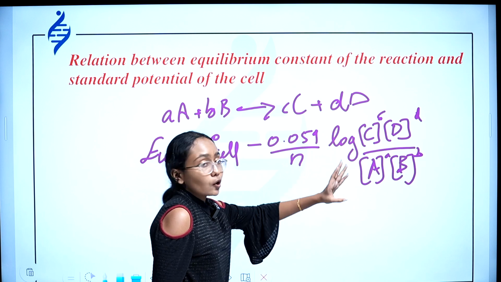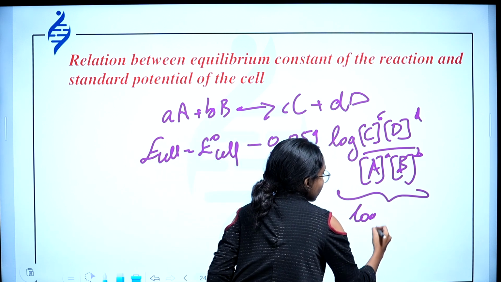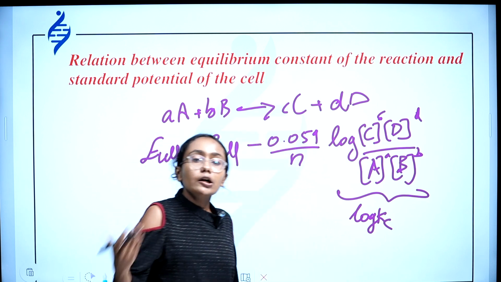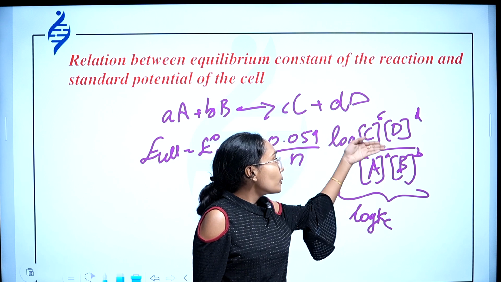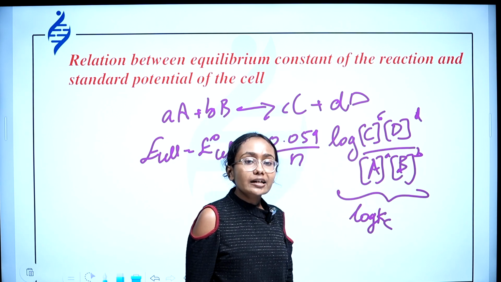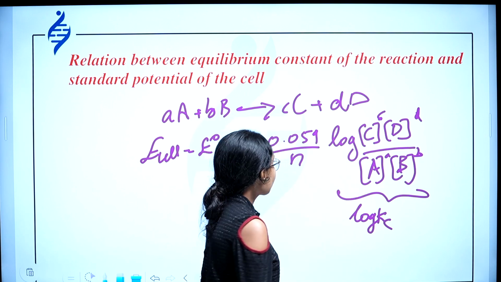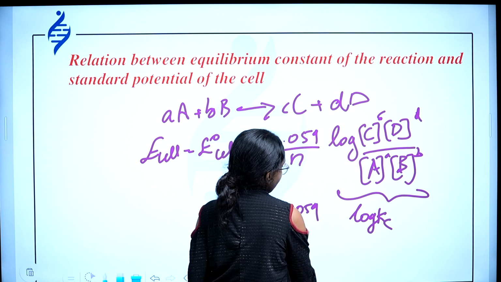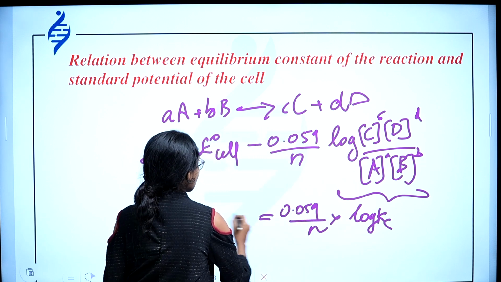This part will become log Kc, because we have already learnt in the lower classes that the ratio of the concentration of the product side and the reactant side will give you the equilibrium constant. So this is log Kc, and here it will become 0.059 by n log Kc, which will be equal to